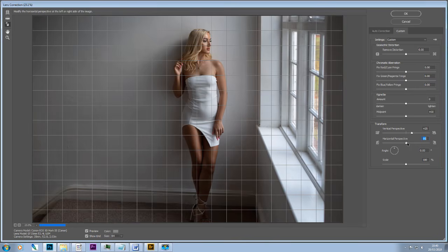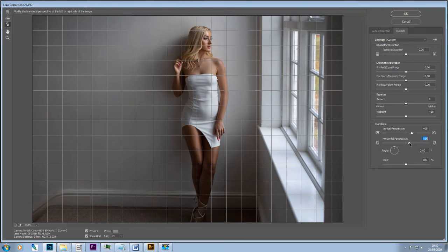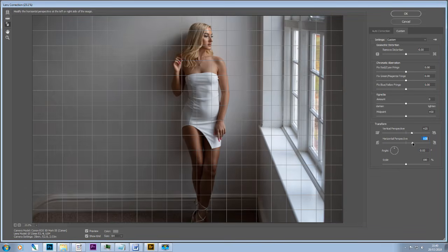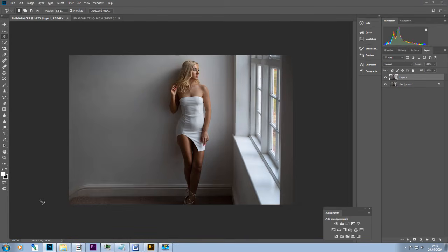So I can address that by moving my horizontal perspective slider to about there. And I think that has done a pretty good job of fixing my problems. The only issue I have is that, as you can see,